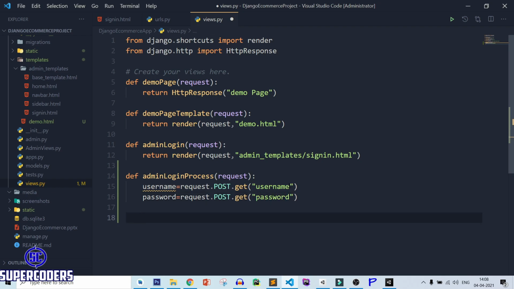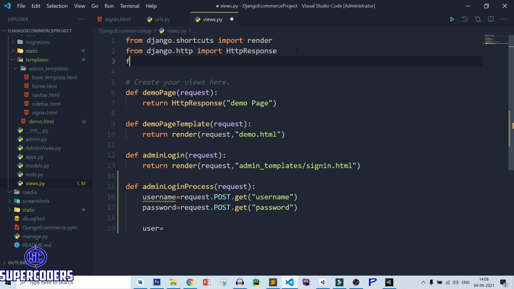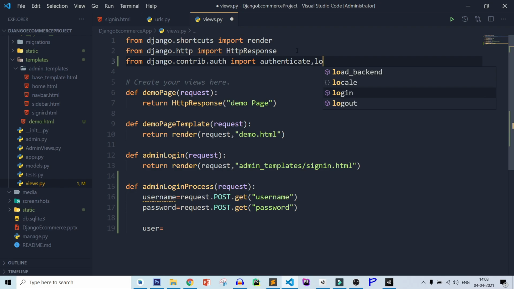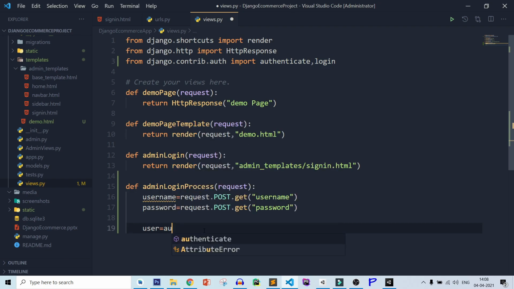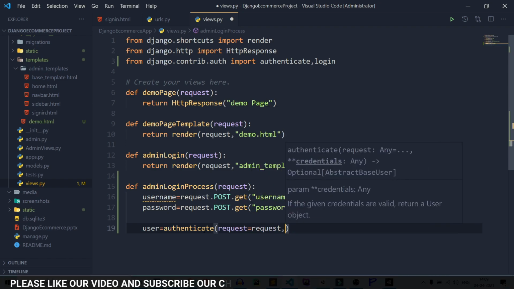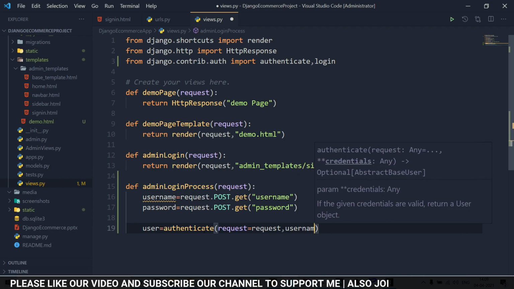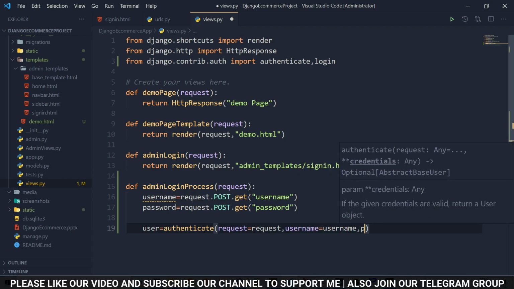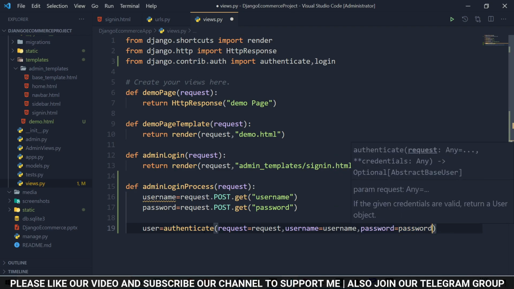After that, user equal to, let's import authenticate. So from django.contrib.auth import authenticate and login. So here I import two methods, first authenticate, then login. So here pass authenticate, then the request object, request equal to request, after that username equal to username and password equal to password.